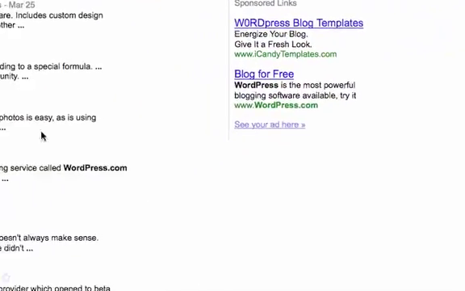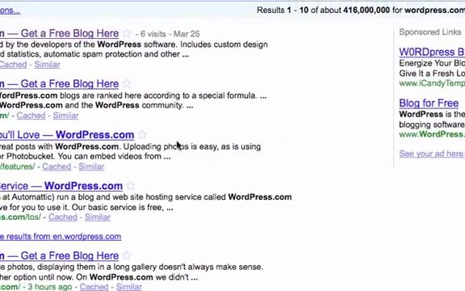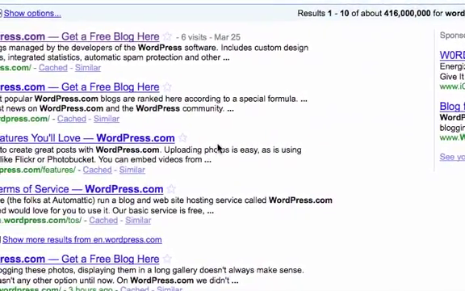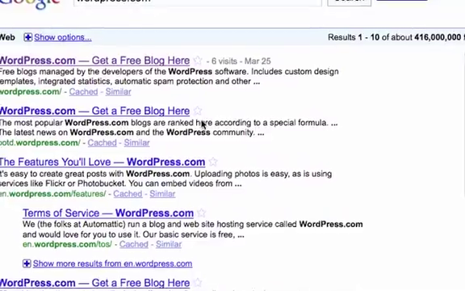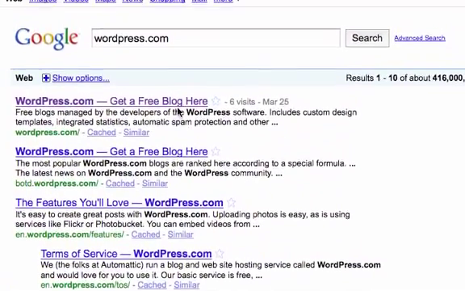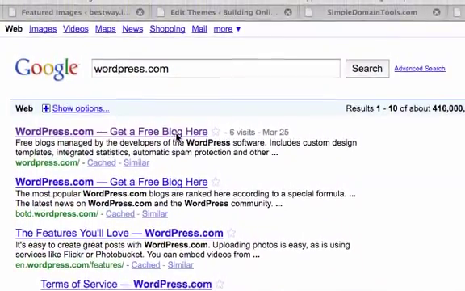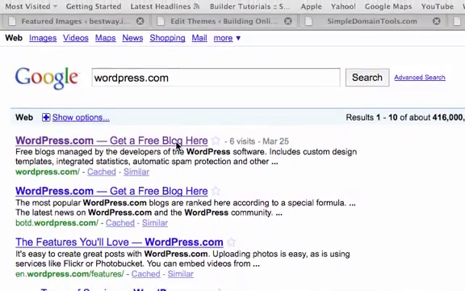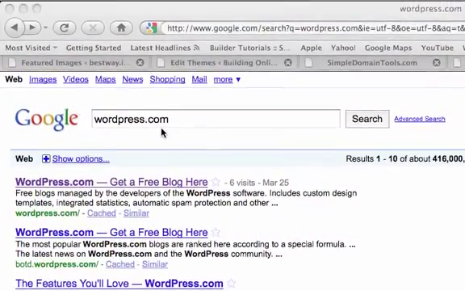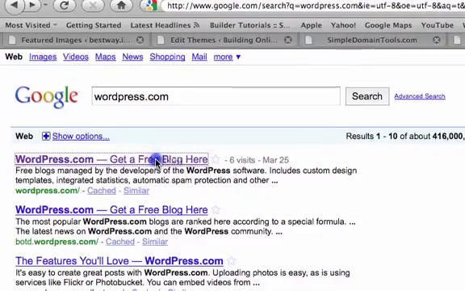So let me get over to how to blog. It's a wonderful software that's out there. It's free, and a lot of people are using this right now. I know it's got to be in the hundreds of thousands of people that are using it. So it's WordPress.com. We're going to go ahead and click on that here.